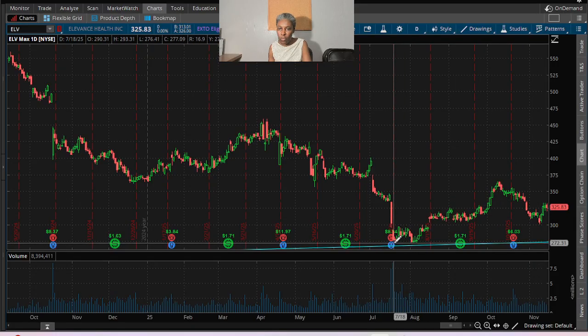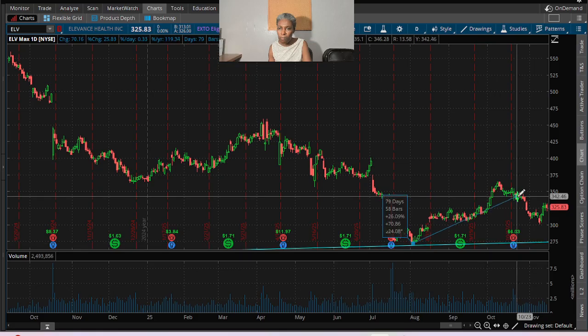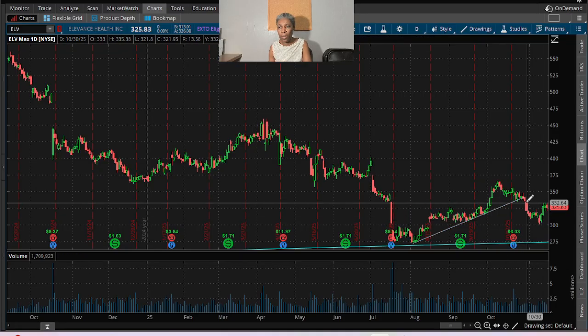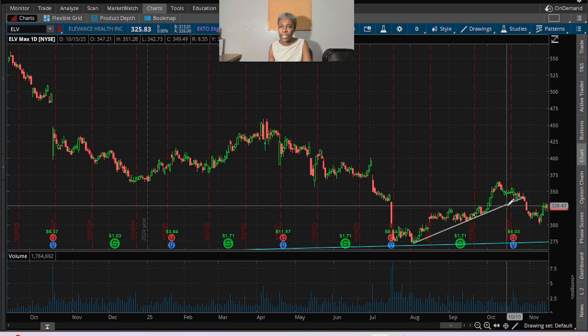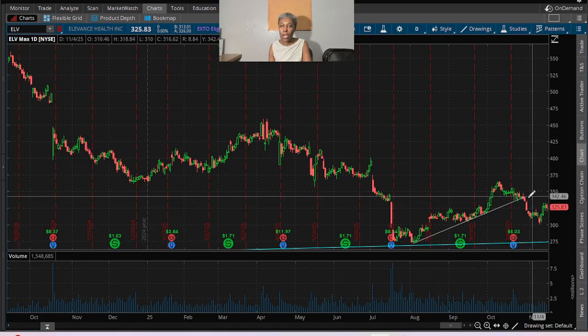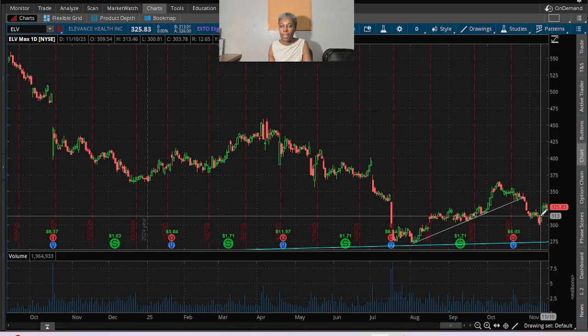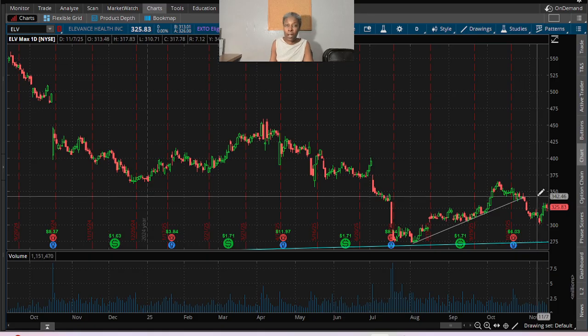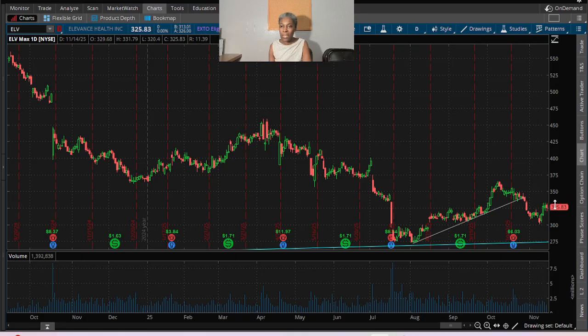So if we try to trace some support line, it's going to go this way. It's kind of down right now here, and technically to buy it, it'll be good to wait until it goes back up to this line, and starts going on it. That's great. But again, I'm going to be paying a higher price doing that. And since I'm in it for the long run, I don't need to be precise. So if I see a green bar today, I could buy some, knowing fully that it could turn around and come back down to this,